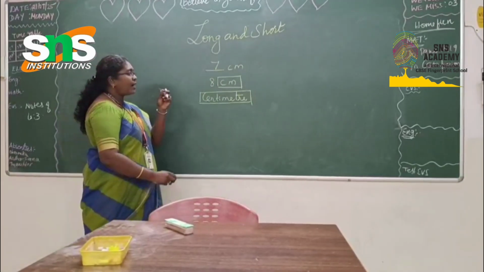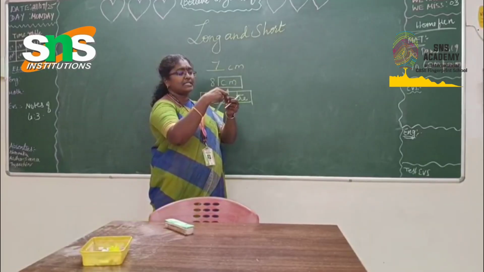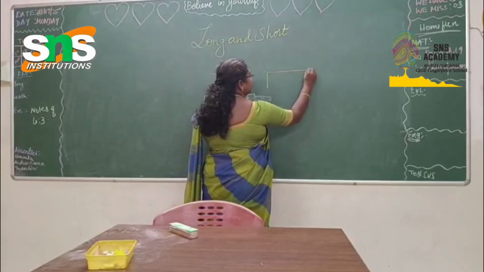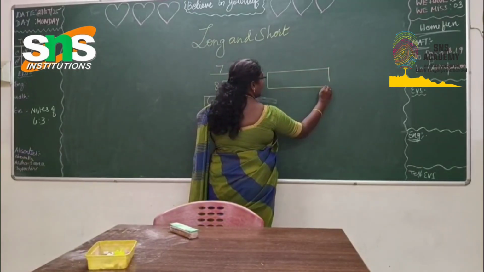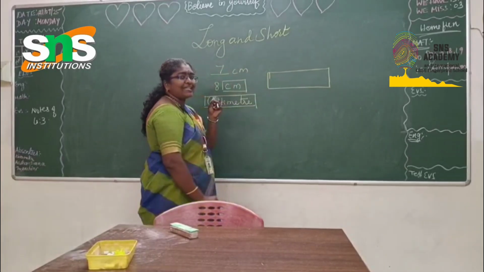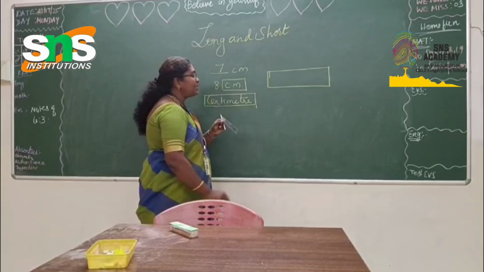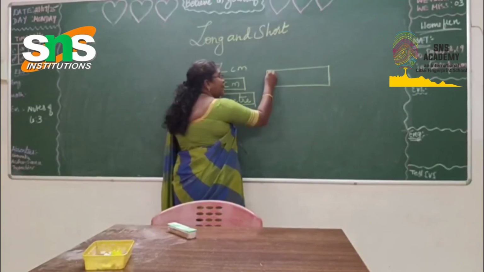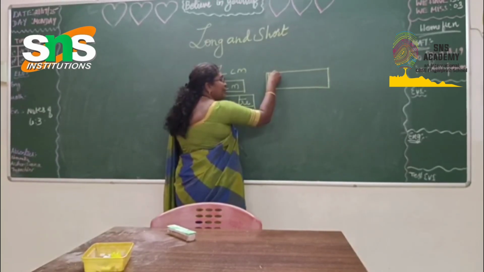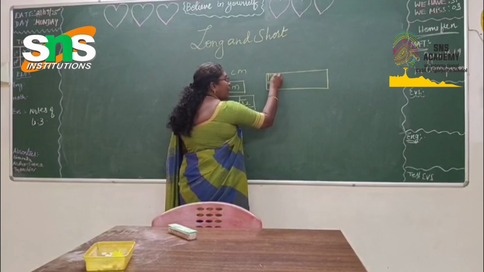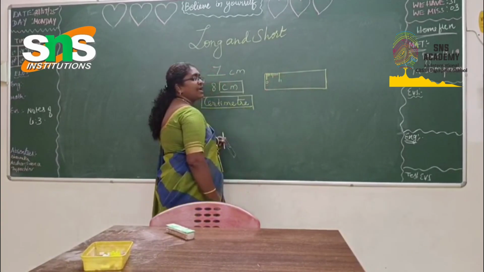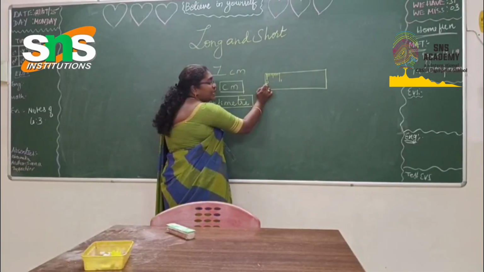Okay children, I'll explain this with a drawing of the scale. Suppose this is a small miniature scale which I am drawing. There will always be small lines and bigger lines. The scale always starts with 0. Then you will have 1, 2, 3 and 4, and the fifth one will be a little bigger. Then again 1, 2, 3, 4, and the fifth one will be the bigger one. So this is the starting position of the scale.